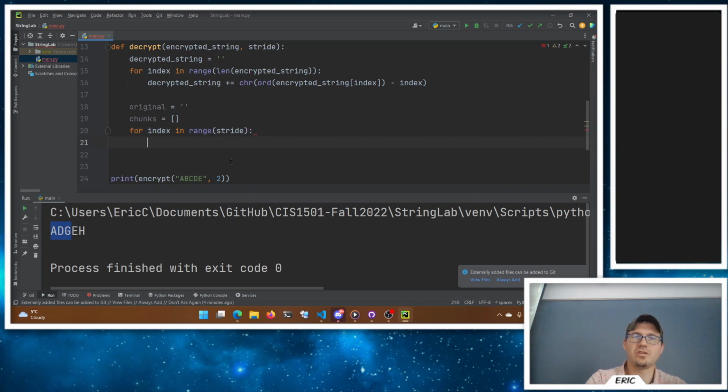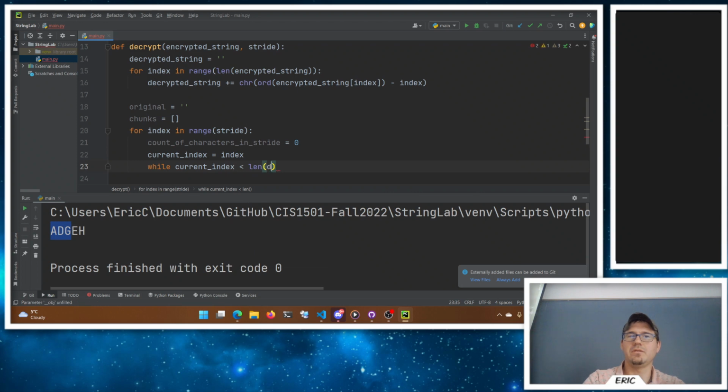All right, so we're going to start at the index. Okay, so the index will be where we're starting, right? The value we're going to start with, and then we're going to see how many we can count out. So our count of characters in stride, right? We'll start at 0, and I guess we don't really want to change index. We'll say current index is equal to index to start, and while my current index is less than the length of the decrypted string,